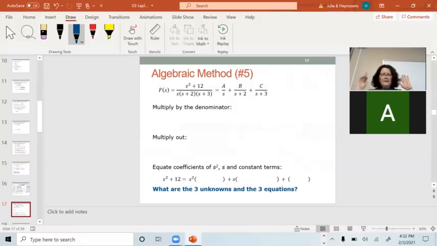Okay, this is the algebraic method, and I absolutely am not going to do this. I'll tell you how I would do this. First step, I would multiply the whole expression by s times s plus 2 times s plus 3. And I'd make a big algebraic mess. Then I'd have to multiply out all those factors. Okay. Then I come up with this expression. I have to regroup them. I would have,